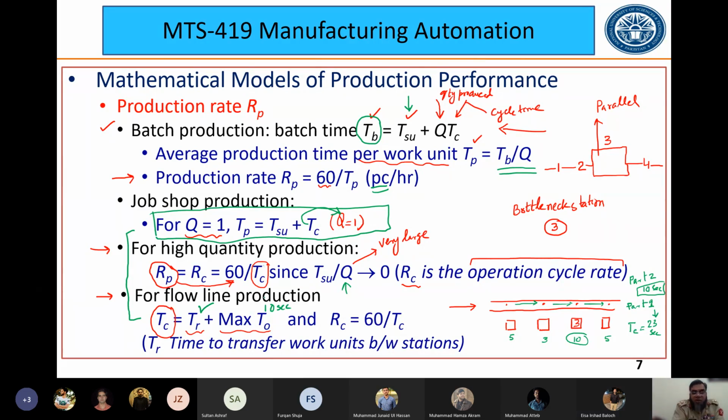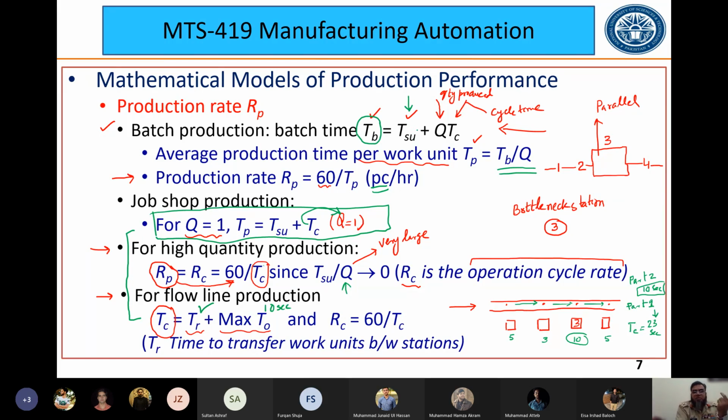ओके मैं रिपीट करता हूं कि हमारे पास ये एक इक्वेशन थी, ये TB की इक्वेशन आपने देखा, ये जो बैच प्रोडक्शन में थी, ये बैच प्रोडक्शन का टाइम है। अगर मैं इसके अंदर ये बैच प्रोडक्शन को मैं ये कहूं कि अब ये फ्लो लाइन है, तो फ्लो लाइन में आपने क्या करना है कि TSU एक ही दफा सेट होगा फॉर मिलियंस ऑफ पार्ट्स, ठीक है।